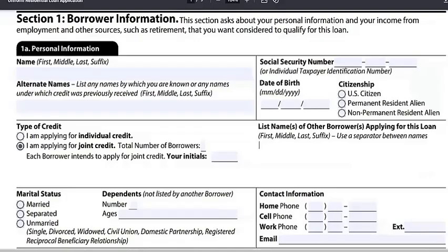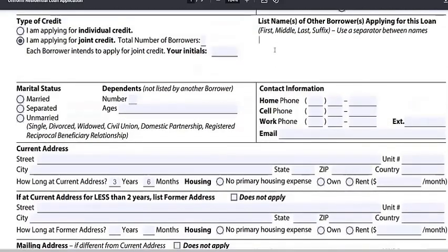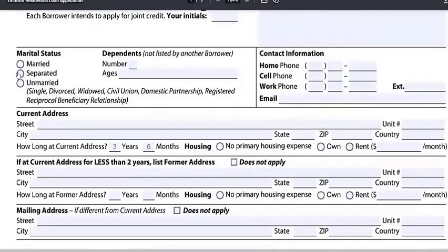Let's go back to our main form, borrowers. Okay, so now if there is any name written, then obviously we will have those number of additional borrower forms with us. Then the marital status: married, separated, unmarried. If married, fine, separated, fine. But if they have checked unmarried, then there will be one more form that needs to be provided, and that is known as